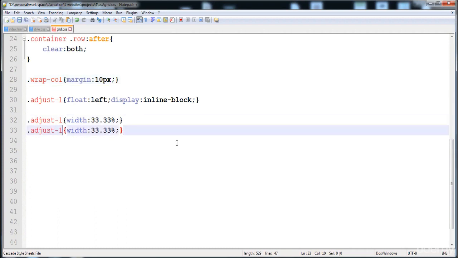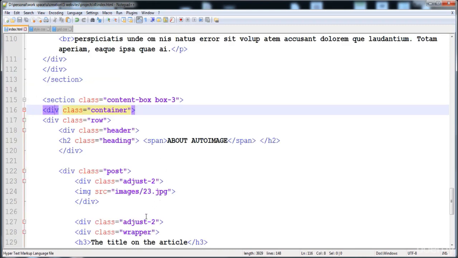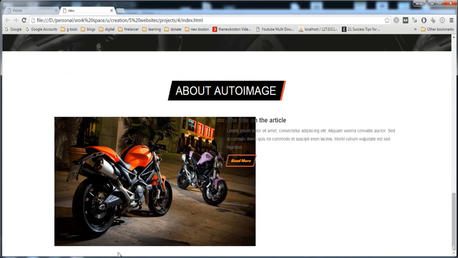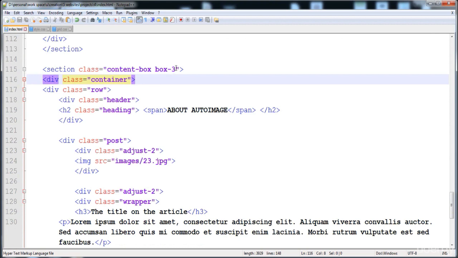Adjust to have the width 50%, and here is... and now it is created. Here let's check it. Here it is, and now we have to give the style to this box 3